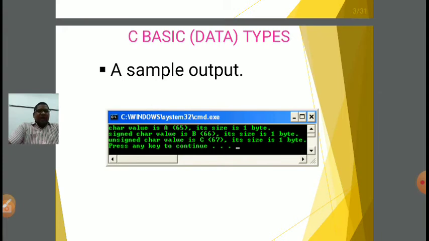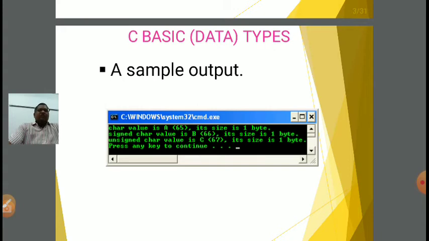Here I have written char value is A, and the ASCII code corresponding to capital A is 65, capital Z correspondingly 90. Similarly, small a has ASCII code 97 and small z has 122. So if I want to convert from capital A to small a, then we have to add 32 to the ASCII code of the capital letter, and it will convert into the corresponding small letter. Now if I want to calculate the size, I write sizeof(char) in the program. Then it will display its size is 1 byte.